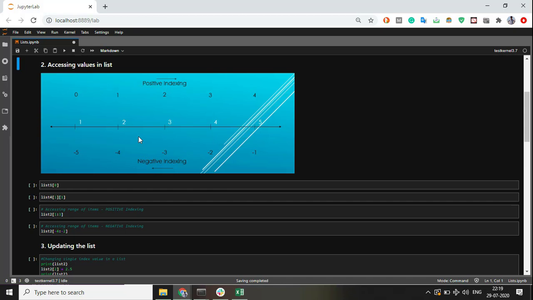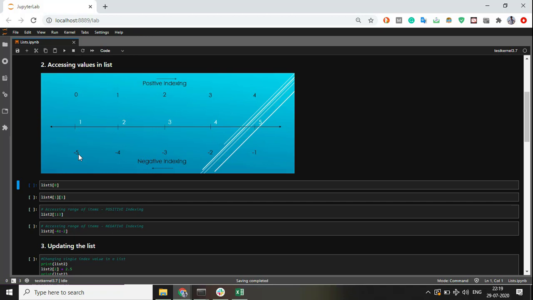So let's say I have a list containing the values 1, 2, 3, 4, 5, which you see in white color. So the positive indexing in that case for the value 1 in my list will always be 0, as in Python indexing always starts with 0 and not 1. Whereas in the same case, if I start indexing from right, which in this case will be a negative indexing, it will come as minus fifth index, as you can see over there, right?